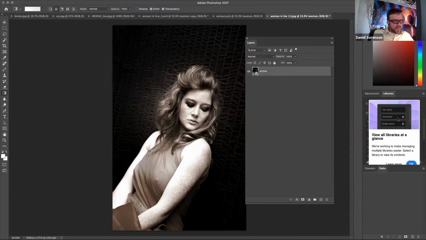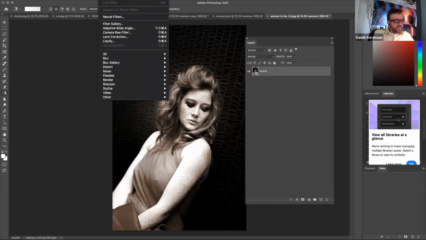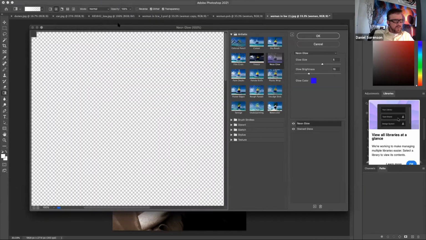When I do that, you're going to see this symbol here. That means this has been converted to a smart object. So we can add now smart filters on top of it. It'll actually stack them below this layer without it damaging the image. So for example, we have something called a filter gallery. If I go into the filter gallery,